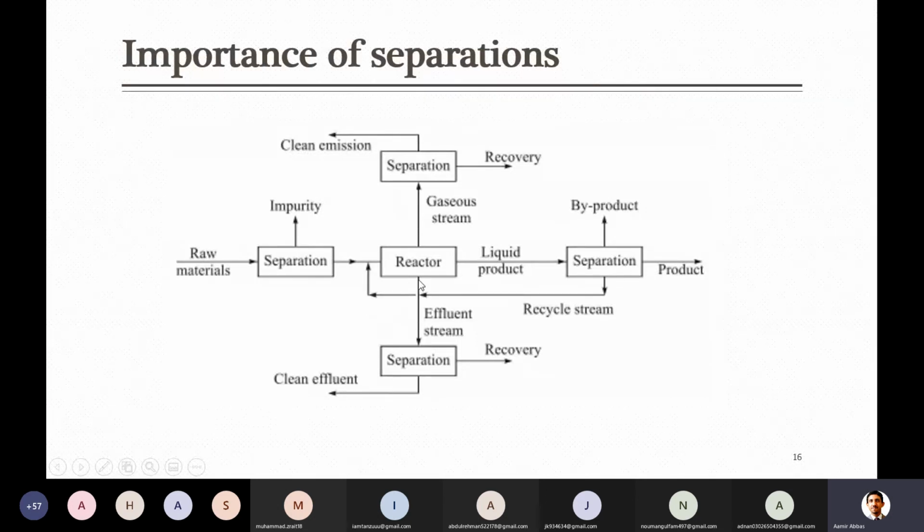One here he mentioned actually all 3 streams: solid, liquid and gases. For solid, most of the time one of the students has mentioned, for example, catalyst recovery. So in some of the plants, maybe catalyst is not fixed inside the reactor, catalyst is for example fluidized or like that kind of assembly. So in that you can get your catalyst separated later on, and then after recovery you can send it back